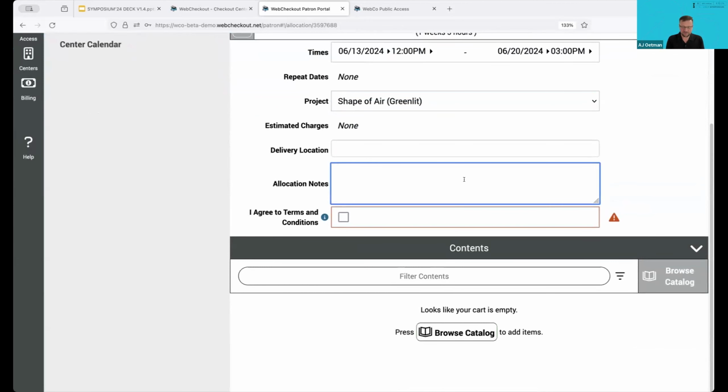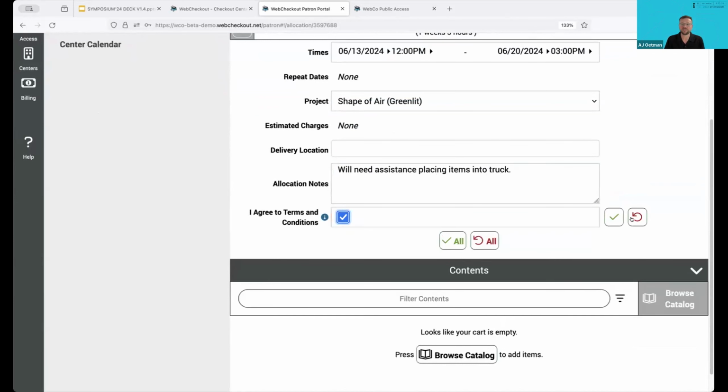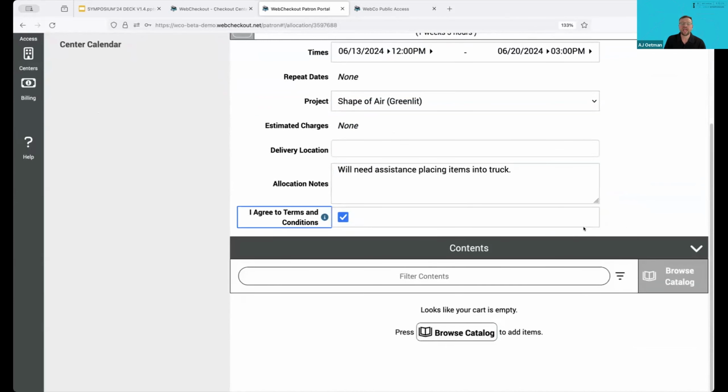And then I'll add some notes. Will need assistance placing items into truck. Great. And we'll agree to my terms and conditions. And now when I scroll to the bottom, it tells me that my cart is empty, and I can select